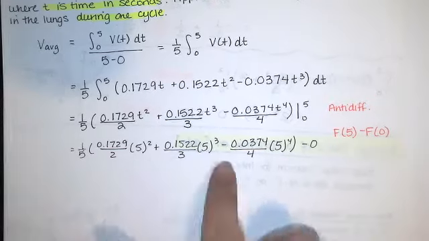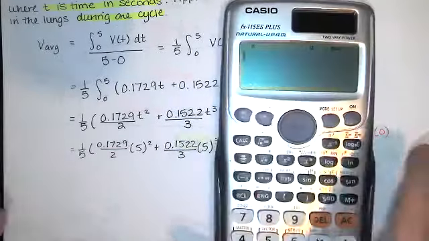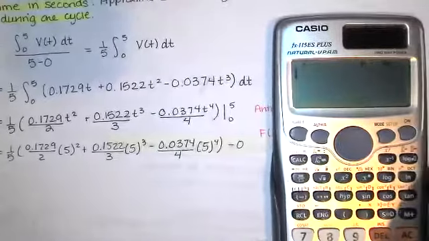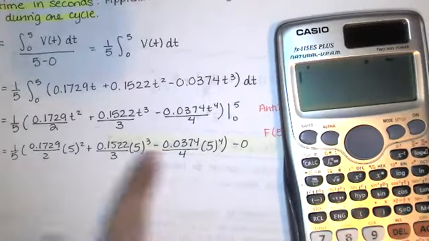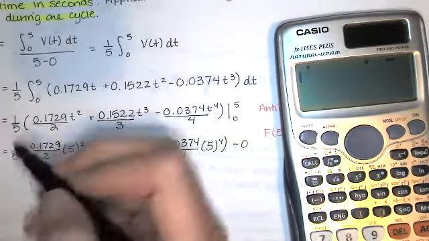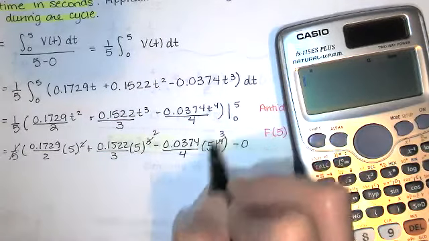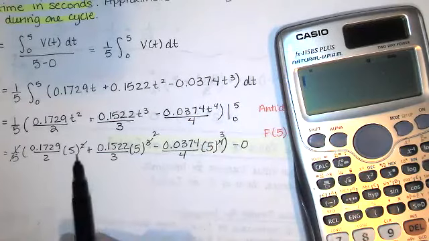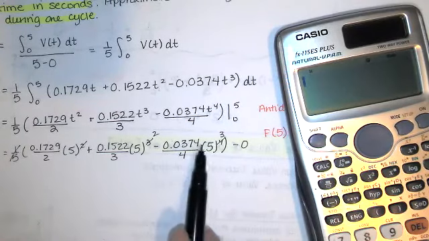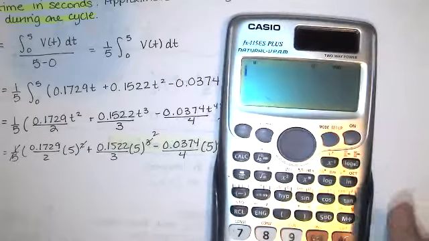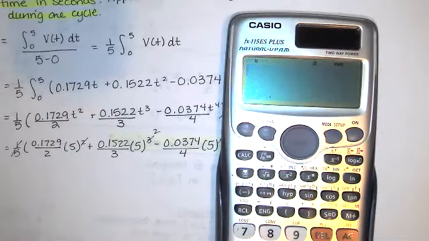Okay, so now let's simplify this. I would use a calculator for the arithmetic myself. Actually, let's divide everything by 5. So one of those 5s will reduce in every exponent there. So that was a 5 squared, now it's just a 5. 5 cubed became a 5 squared, and that 5 to the 4th became a 5 to the 3rd. And now we get this answer,